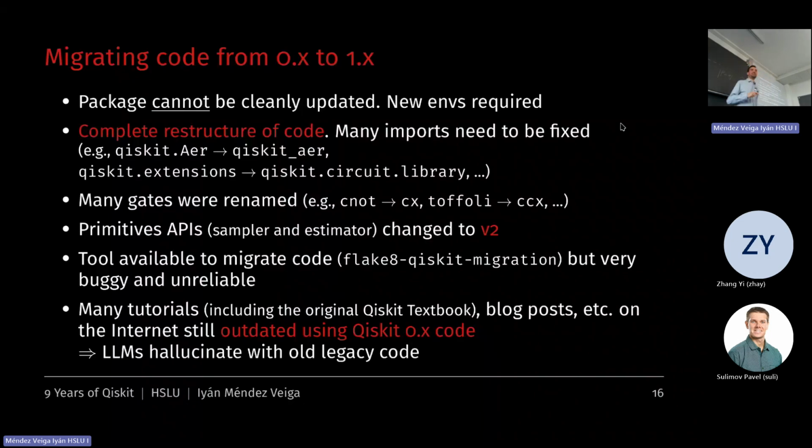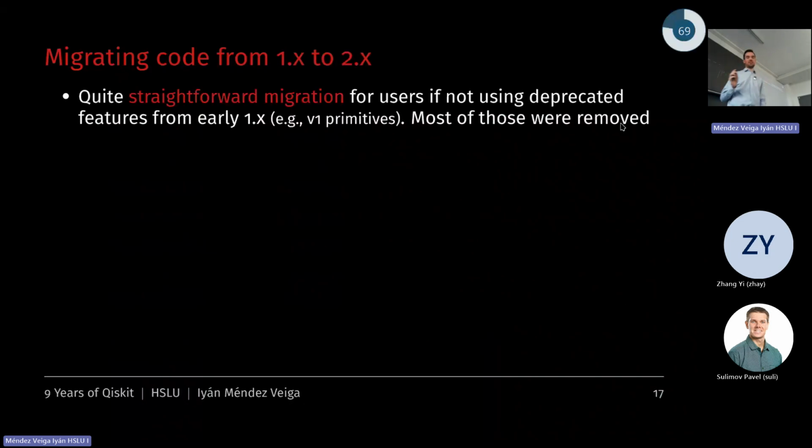If you try to use ChatGPT or Claude or whatever, they will still give you code that is from the 0 point times of Qiskit. And I think that's one of the reasons that IBM now has their own package to do AI with Qiskit. It will autocomplete, for example, if you use Visual Studio Code or JupyterLab. So just be careful if you read tutorials, even if you check the Qiskit official textbook, because you will see code that will not run today. So take this into account.